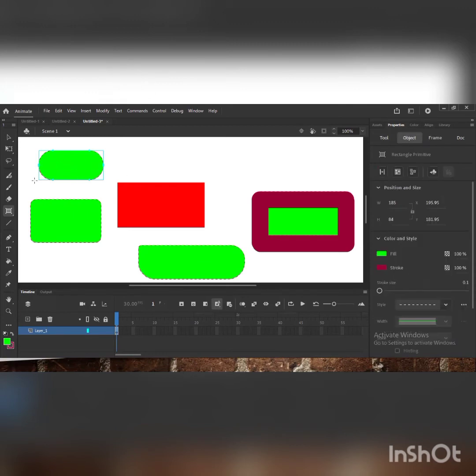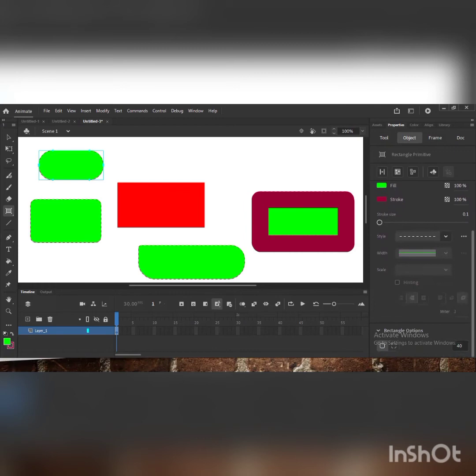So what is the difference between the rectangle tool and the rectangle primitive tool? Here, if we don't like this radius, we can change it. But when we have used the rectangle tool, we can't change it. So if you don't like this corner radius 40 and you want to take 70, it will automatically be changed accordingly. According to your requirement, you can give a value, and then it will automatically change. So like that, you can provide your value according to your requirement if you want to do a modification.